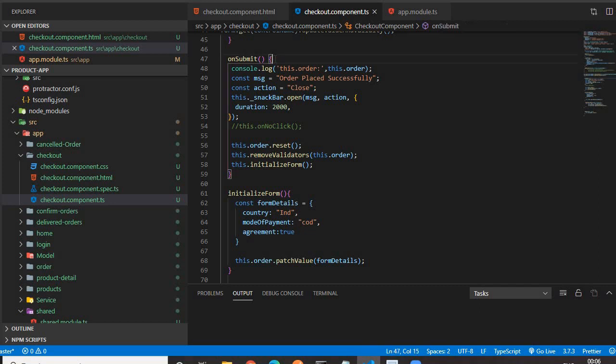This is the onSubmit function. So in the onSubmit function, just concentrate only on this line. In the onSubmit function, we are logging our form in the console, so that we will see what is available in our form. Before that, we'll comment this. I'll tell you what is the importance of this. So just concentrate only up to this. The rest of the code we'll see.